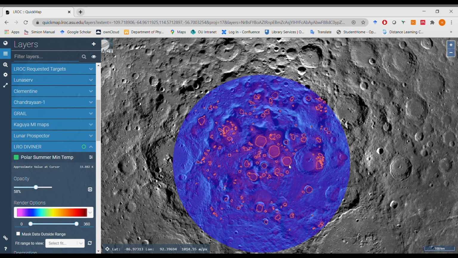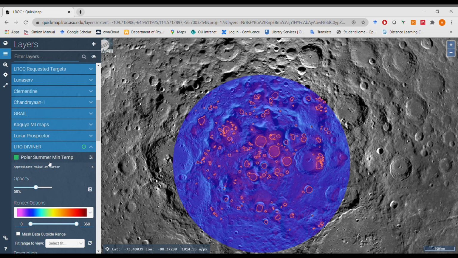In fact, some of these places are as low as 30 Kelvin. That's around minus 240 degrees C. And this is some of the coldest places in the solar system. So even though we can't have liquid water on the moon because there's no atmosphere to stop it from vaporizing, any water that reaches one of these cold traps will instantly stick there. So over millions, billions of years, these could be places that have collected quite a lot of water